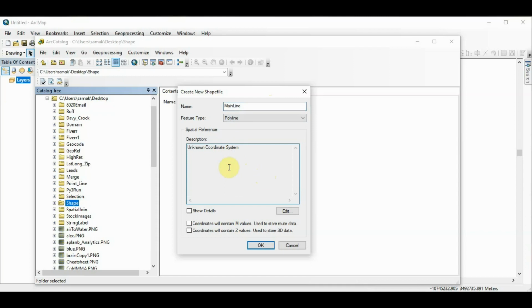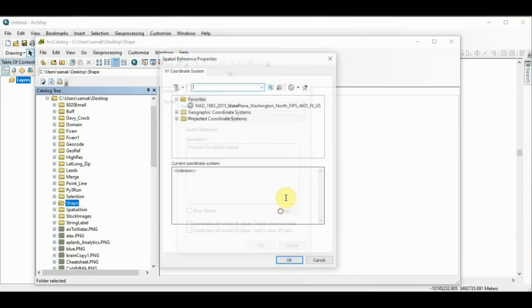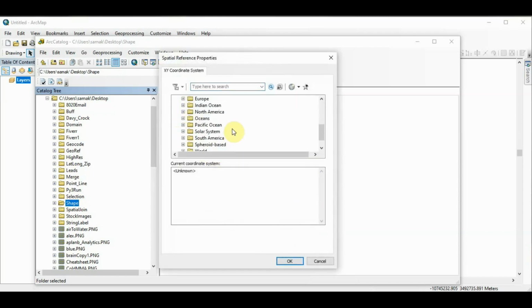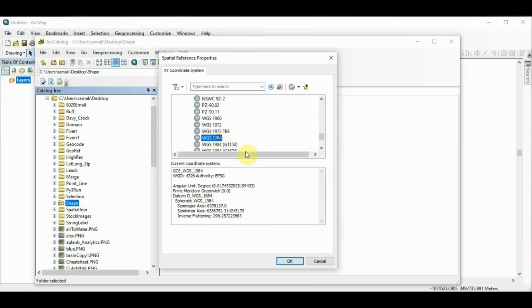So depending on where you want to be in the world or the extent of your project, that's what's going to determine the coordinate system. But for this case, we're just going to keep it simple and just use the WGS84,